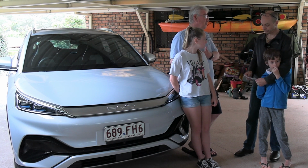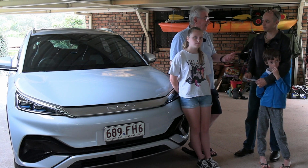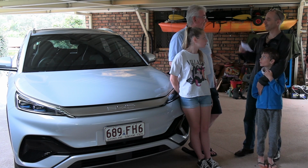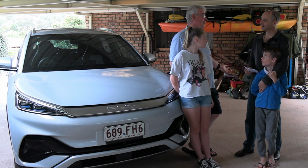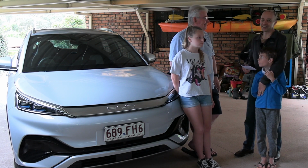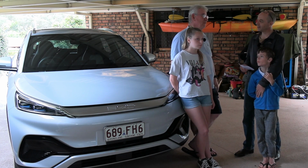It comes with 12 months roadside assistance. But I have no idea who with or how to contact it. Yeah. No, you don't have a phone number? No. Oh, wow. At least we have a sticker on the windscreen. I got nothing. No phone number. So I had to contact customer service, and I got a phone number, but I don't have a policy number. So wow. I have no idea. Yeah, so there's a little bit of work to do there still, EV Direct. So I'm slamming them, I'm sorry, but hey, if you're going to roll out a car...